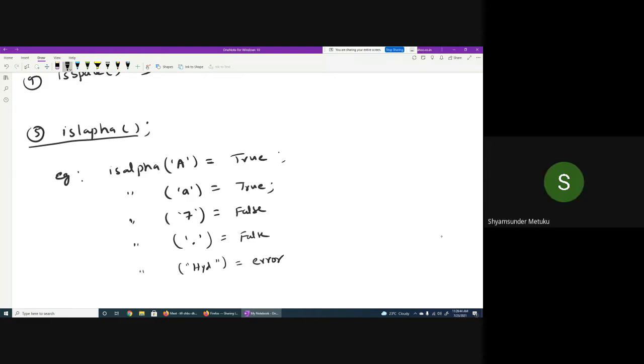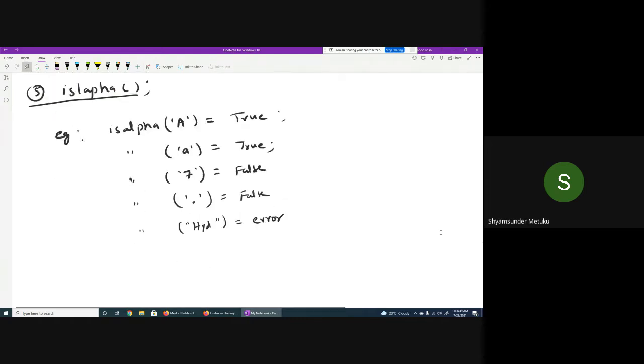Why error? The input data type must follow the function prototype. In all the previous examples, what input did I pass? Is it not characters? But coming to the last one, do you think it is a character or a string? String. A string does not belong to a character data type, so it will give an error. The predefined function isalpha is defined such that the input must be a character, whereas an array of characters is not acceptable. Okay, is it clear? Yes, sir.